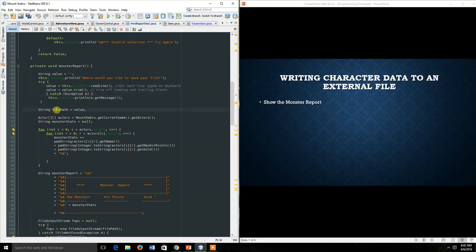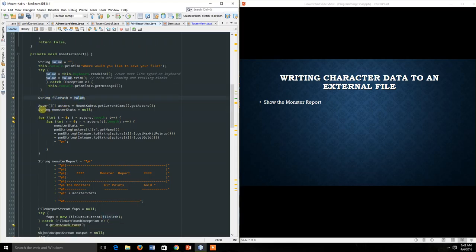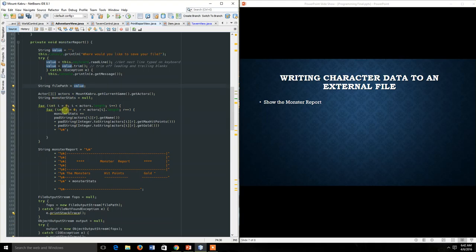And then we have another variable called file path, which will equal value. So we have a two-dimensional array of actors. We get the actors, and another variable called monster stats. Oh, look at this, a nested for loop. So we are accessing every location within this two-dimensional array of actors, and we are adding them to this variable